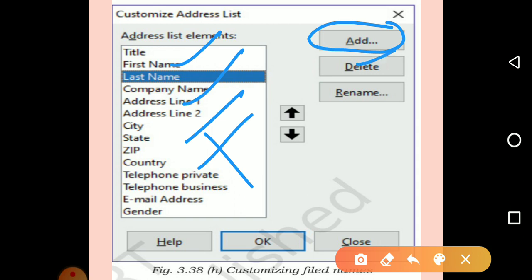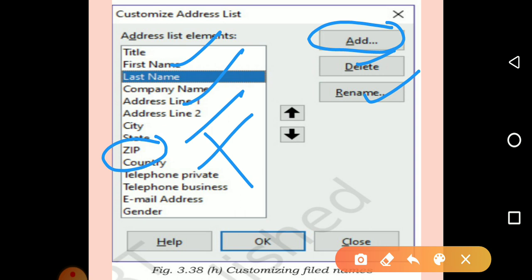Suppose instead of zip you wanted to rename it as pin code, then you can use the rename option. Suppose any field which is available in the address list does not satisfy you, you can create and customize your own address fields.